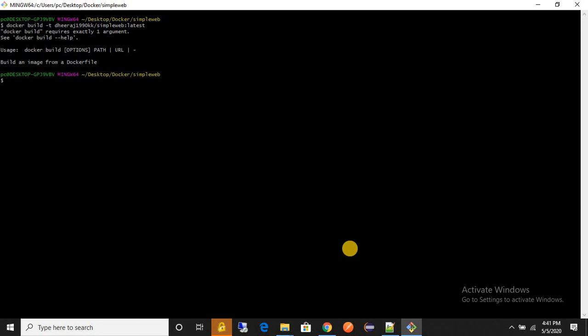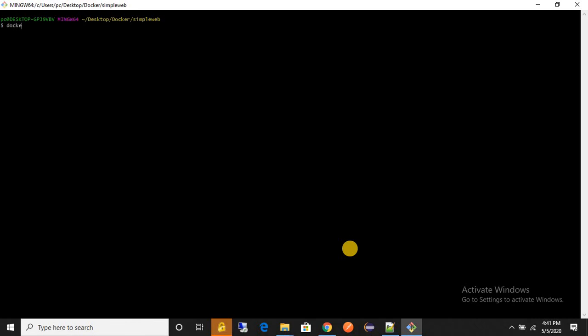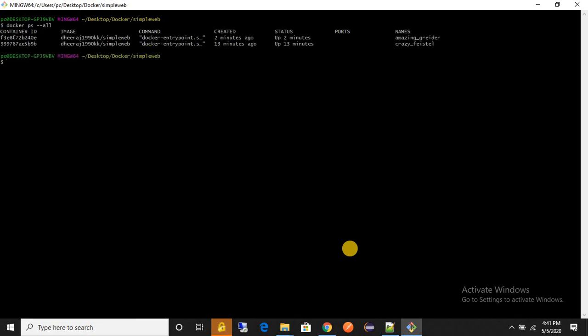Oh, we did something wrong. Let's clear the screen. Docker, just check how many containers we are running. Okay, so we have this number of containers.